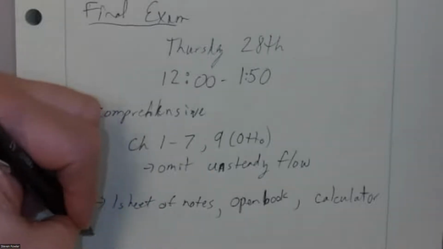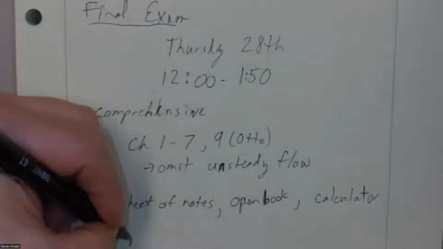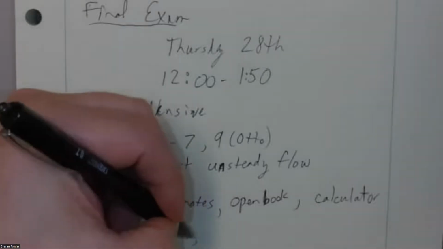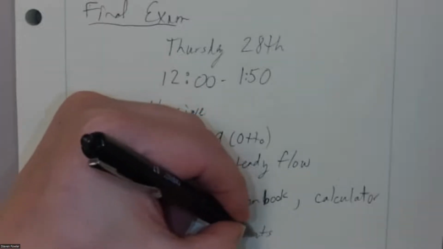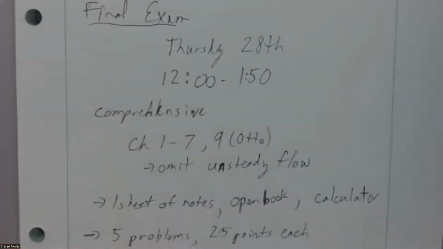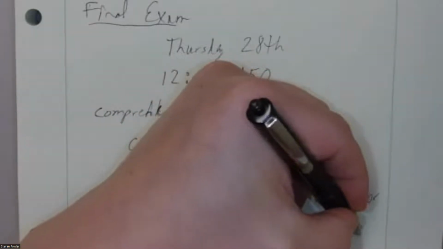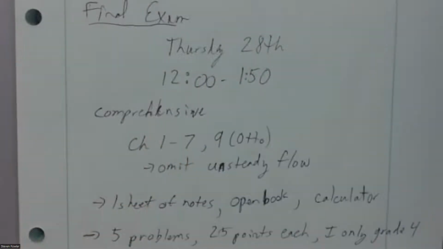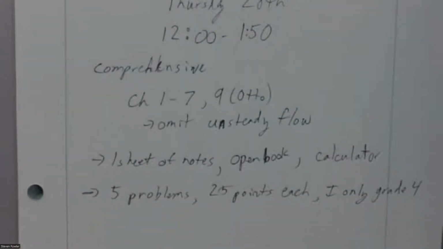There is one small difference because you get a little more time. What I do is I put 5 problems on the exam. They are 25 points each. And so what that means is I only grade 4. There are 5 problems on the exam. I will only grade 4 of them. I will only grade your 5th problem